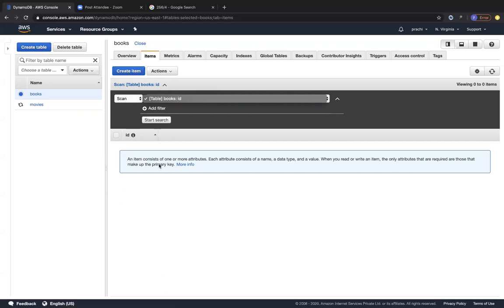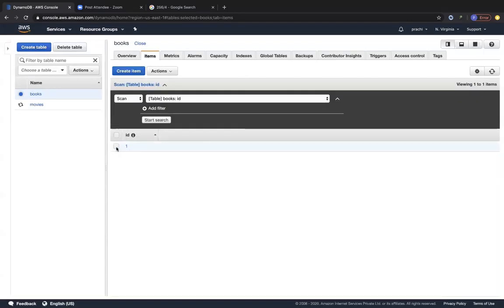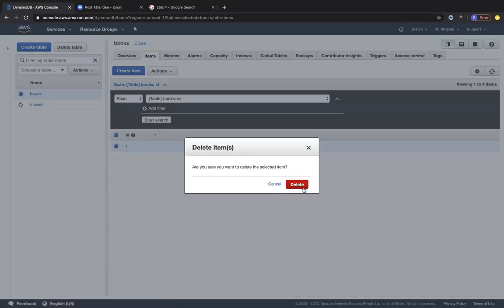But instead of doing that over here, I'm just going to do it through a lab from Lambda functions and so on. So that lab is pretty interesting. So let us do it from there. But then you can create an item from here, and then you can give the string a value. So let's say I'm just giving it as item as 1, and I'm clicking on save. So you can see over here one has been saved. You can also click on this and click on actions and click on delete.